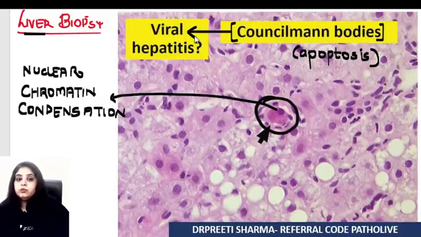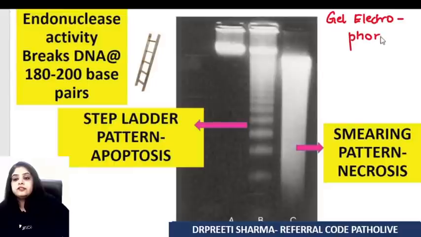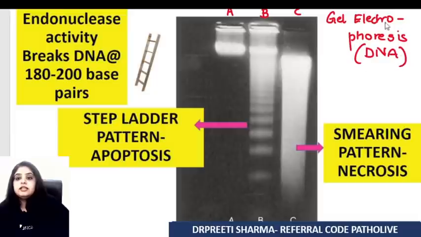So, moving on, necrosis and apoptosis done, but a very important point that is left about it is this pattern that you see. First and foremost, what is this technique that I'm dealing with? That's the first question that you'll get in the exam. The technique that you're dealing with is gel electrophoresis. And how many patterns are shown to you? Pattern A, pattern B, and pattern C. What are you trying to see in it? You're trying to see the DNA. So it's a DNA gel electrophoresis, and this is DNA of person A, person B, and person C.